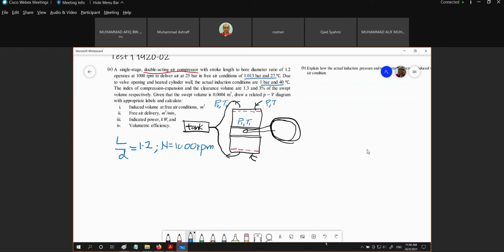Okay, and to deliver 25 bar P2, 25 bar, in free air condition, P is 1.013 bar and T is equal to 300 K. Due to valve opening and the heated cylinder wall, the actual induction condition, which is P1, is 1 bar, and T1,